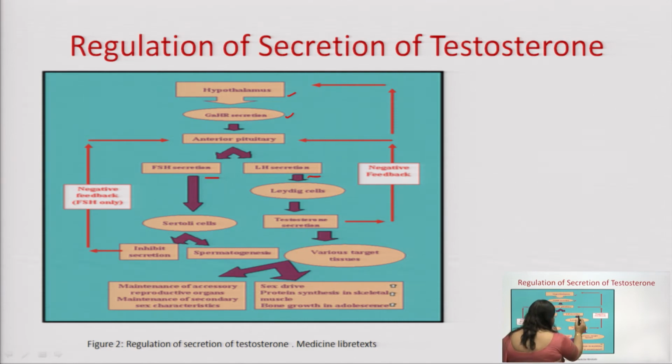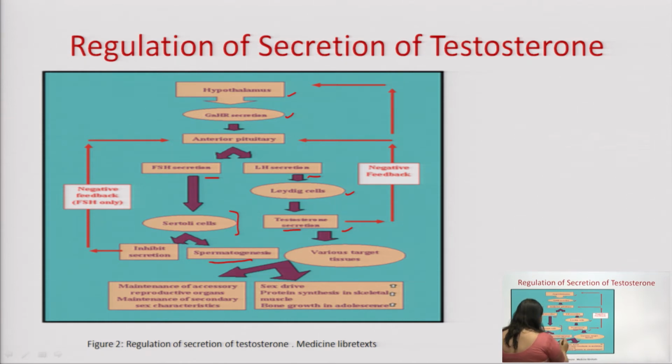So this luteinizing hormone acts on the Leydig cells and is responsible for secretion of testosterone, whereas this FSH, that is the follicle stimulating hormone, acts on the Sertoli cells and is responsible for spermatogenesis, that is production of the sperms. So when there is increased secretion, the negative feedback inhibits the anterior pituitary to release